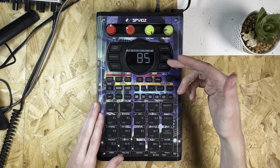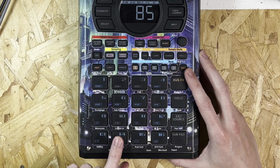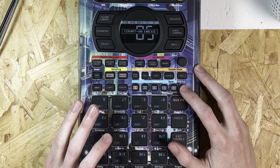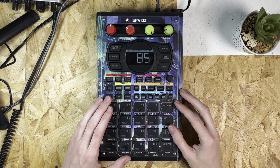So the first one, and unfortunately I'm not going to be able to demo this one because I'm recording out of my SP, but I can show you the setup for it and explain how it works. So if you go to Shift and 10, you can see here it says counting. But if we scroll through those options, we get one measure, two measures, and then we get wait. Now, if you set your device to wait, what that'll do is when you hit record,